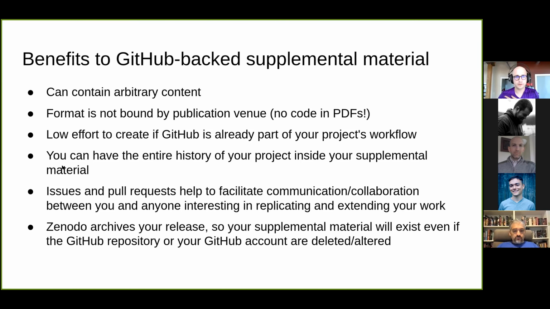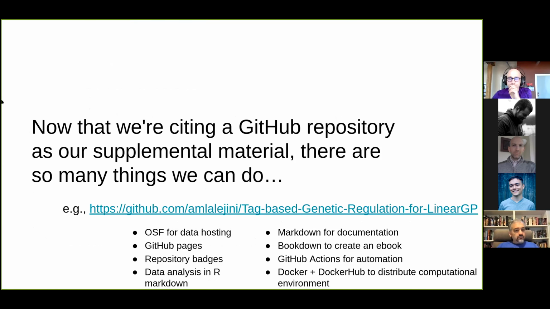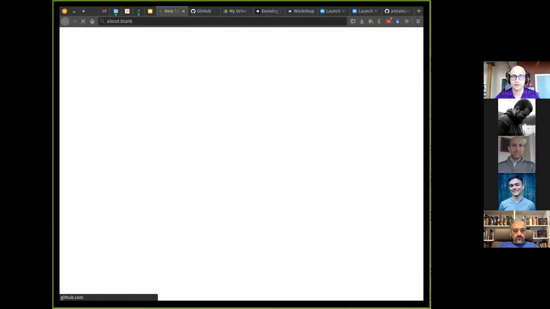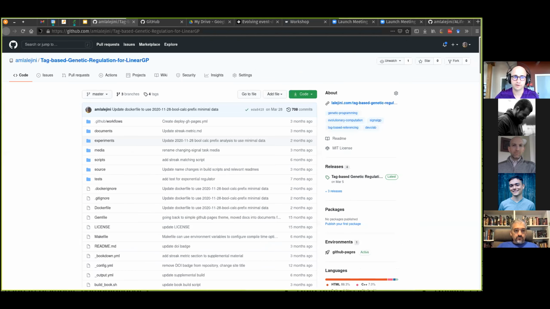Okay. Yeah. Click on that. Okay, so now that we're all hopefully comfortable citing a GitHub repository for supplemental material, there are tons of things that you can do. GitHub is this awesome service with all sorts of integrations with other services, and there are lots of tools that play nice with GitHub repositories. So we can take advantage of all those extra bells and whistles to create some really nice, pleasant supplemental material. I'm just going to click on this link and give you an example of something that Matthew and I put together recently,